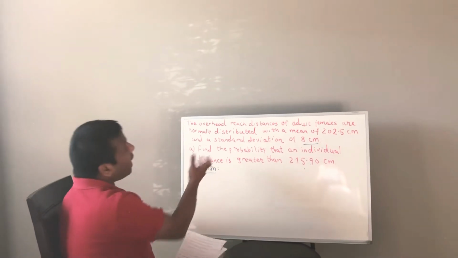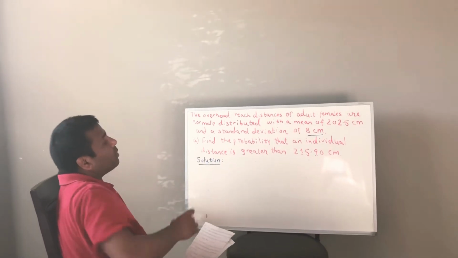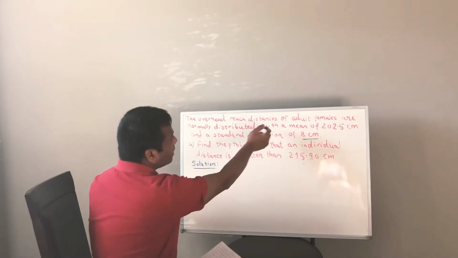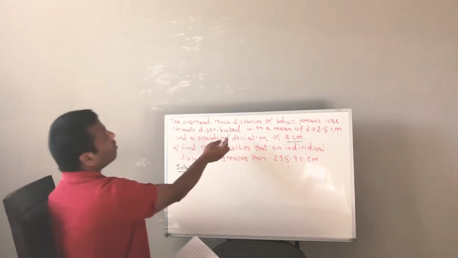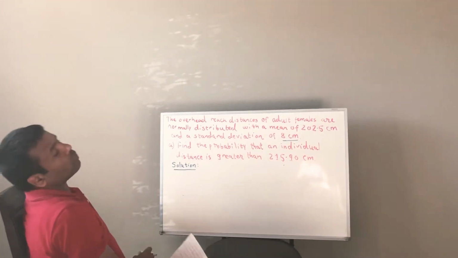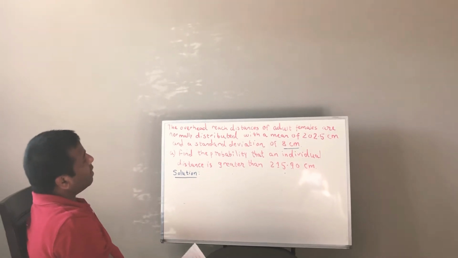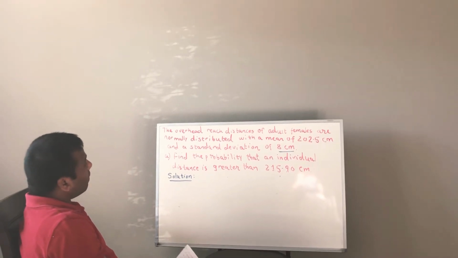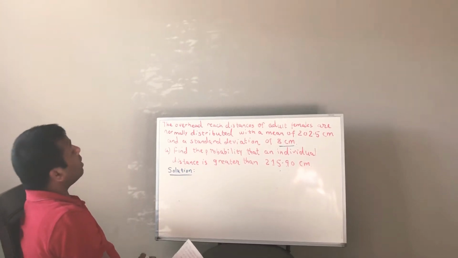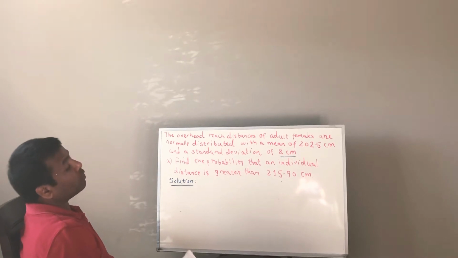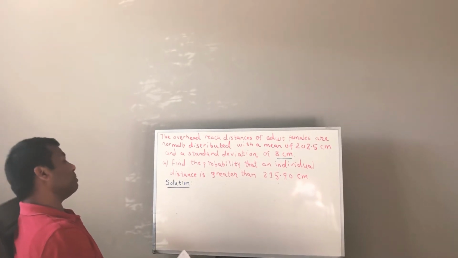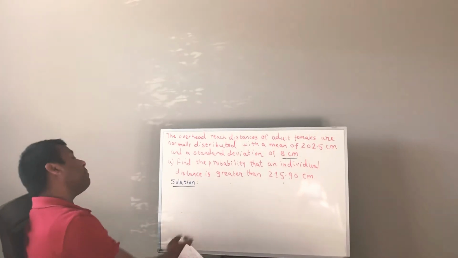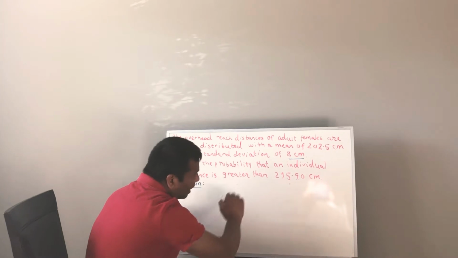Okay, so we have this problem and we are trying to solve it. The overhead reach distances of adult females are normally distributed with a mean of 202.5 centimeters and a standard deviation of 8 centimeters. We have to find the probability that an individual distance is greater than 215.90 centimeters. To solve this problem, we have to find the corresponding z value for